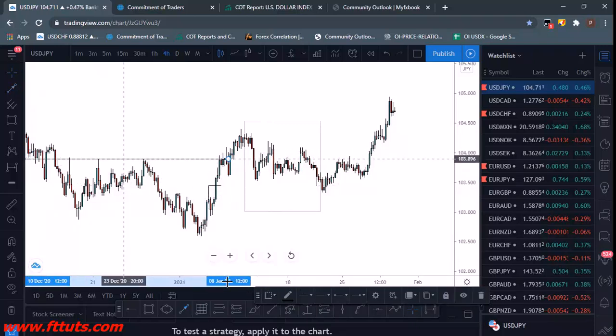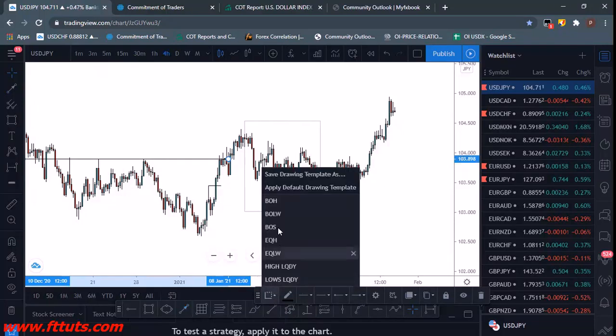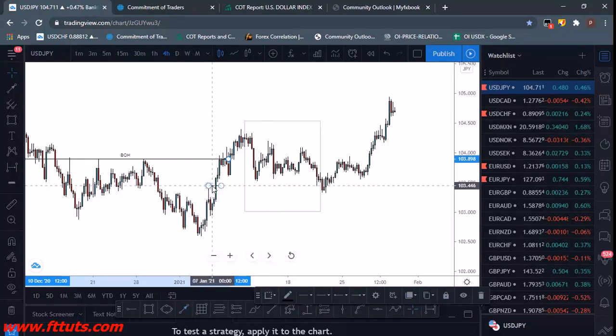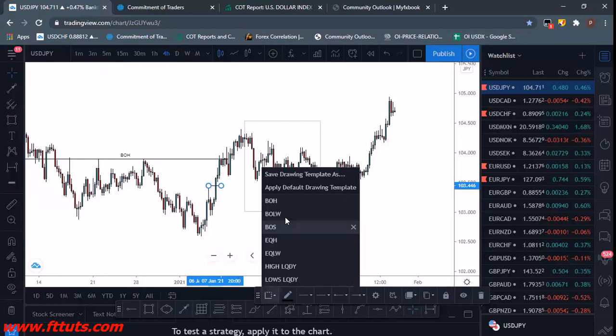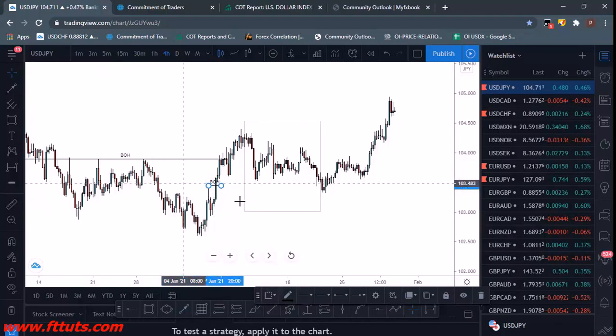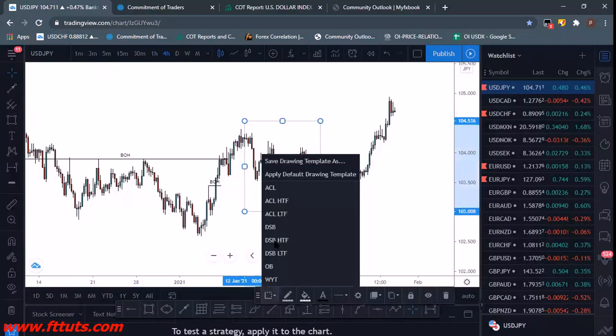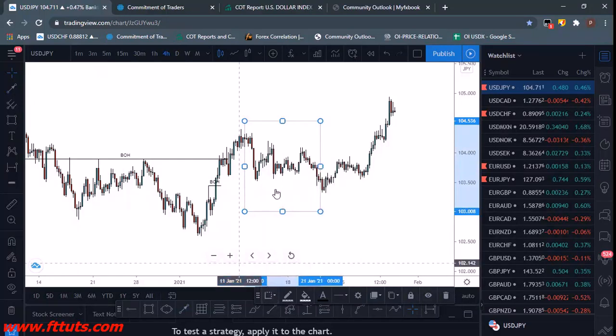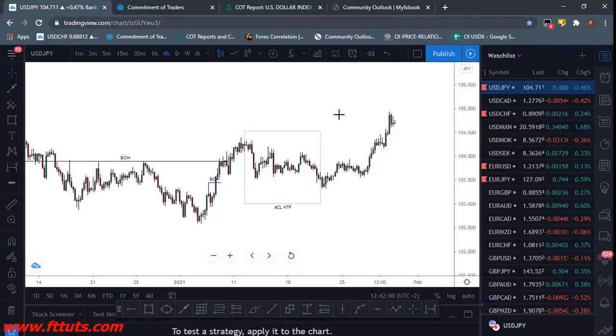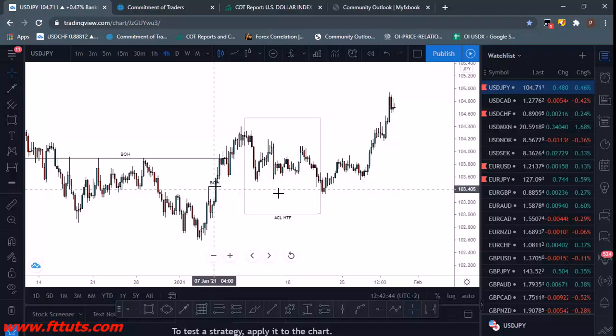Let me just double them. So break of high, the break of high. Then, if I'm labeling this because it's on the higher time frame, it's going to be accumulation higher time frame, because we found this on the daily, right? Then I saw this, I was like, okay, fine. Then I saw my signs of